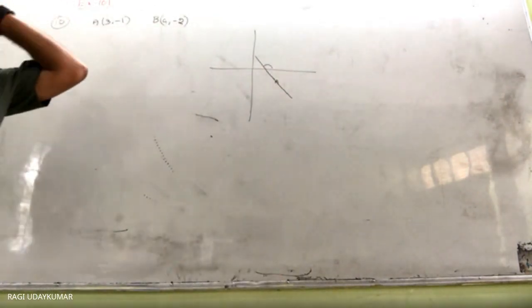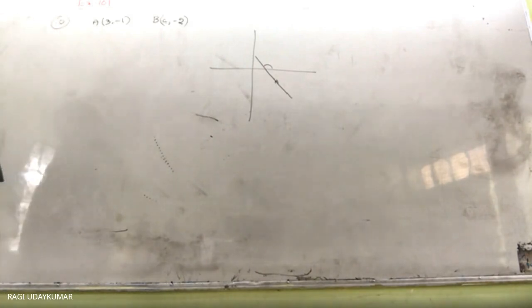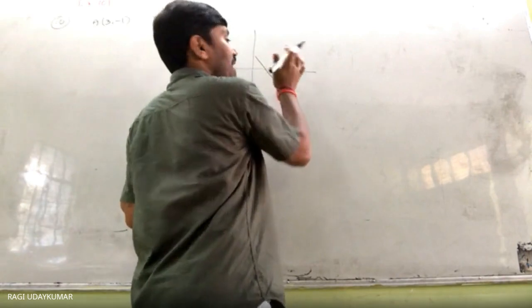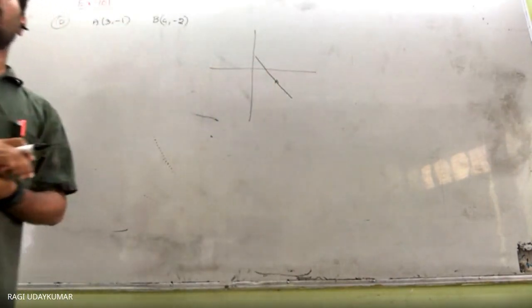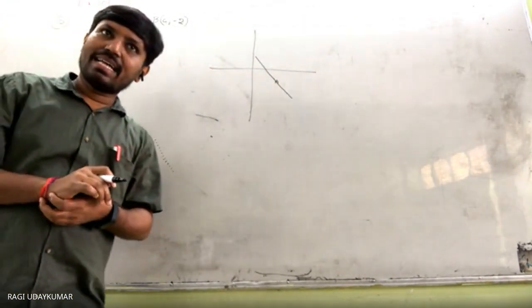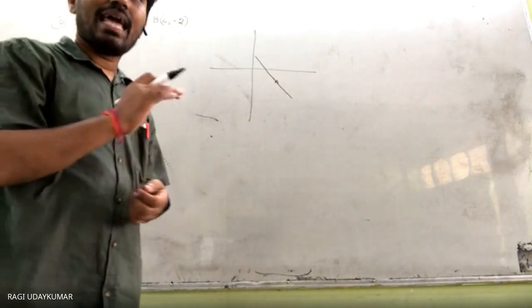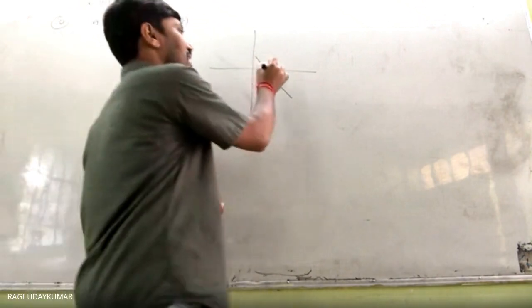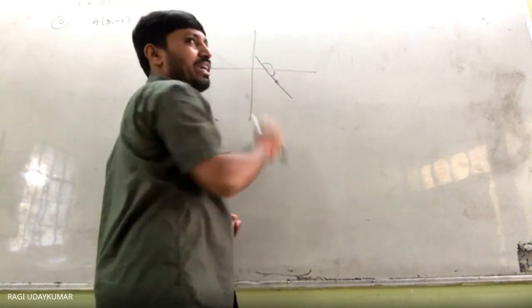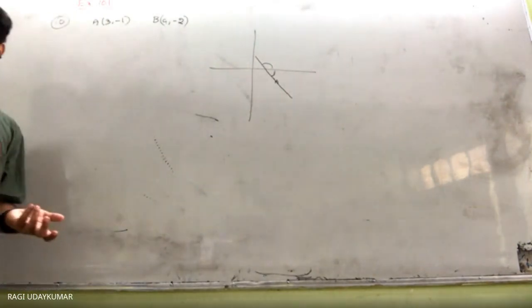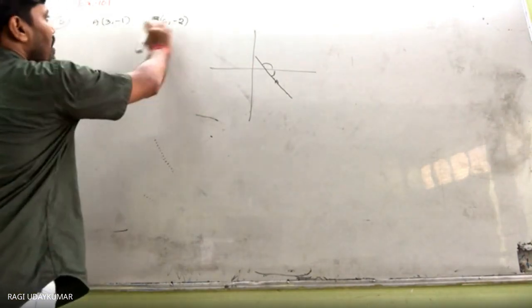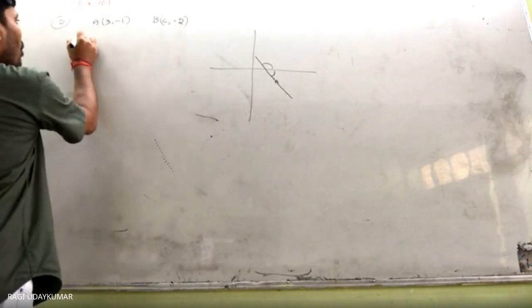The positive direction of the x-axis gives an obtuse angle, but whenever the angle between the x-axis and the line joining these 2 points is given, listen to me, usually this angle should be taken. Whether this angle or that angle is taken, both will be the angle between the 2 lines only. So how do we find it normally? You find the slope of this line, the slope of AB.